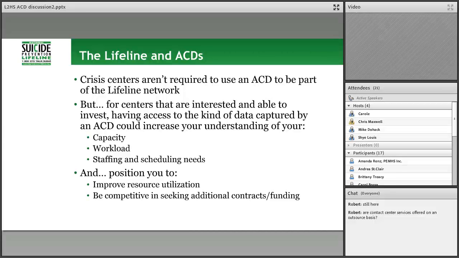You'll have a sense with this kind of technology where your staffing and scheduling needs might be, that can really help you and position you to improve your resource utilization, including your resource utilization of your staff, and assigning them shifts that make the most sense for your center, and trying to figure out where you need to recruit more paid staff or volunteers to cover certain shifts, to figure out where you might need to downsize the number of staff or have them working in other projects to take advantage of different things. Having this kind of data access can be hugely helpful, especially if your center is thinking about how they can be competitive in seeking additional contracts or funding, which leads us to thinking about